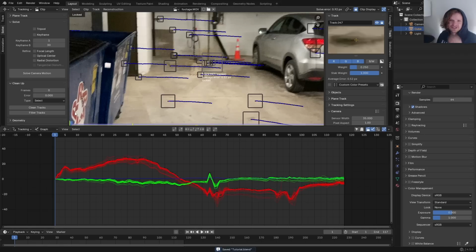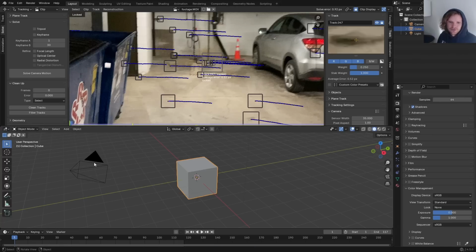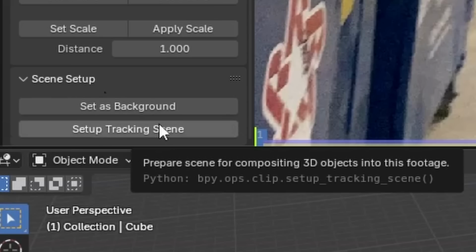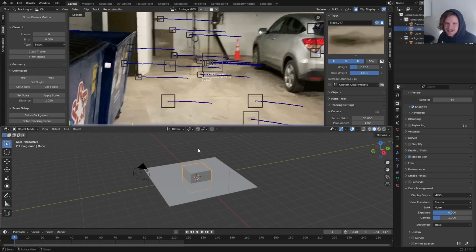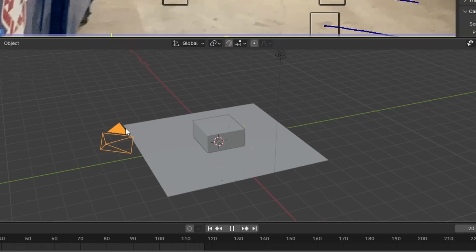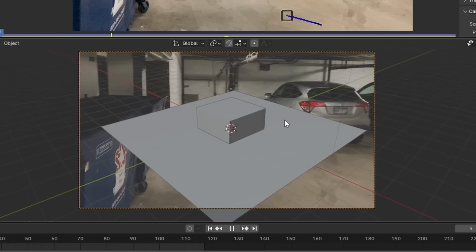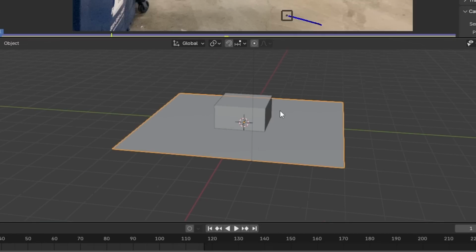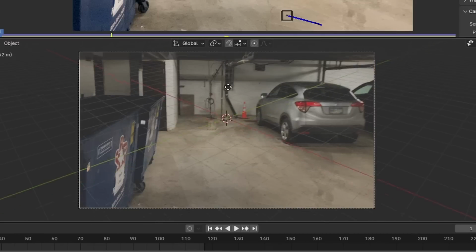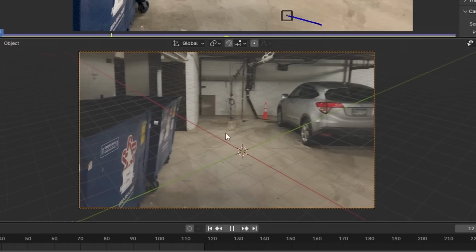So once we have this, how do we take this and put it in our 3D scene? Well, you just take it and you say, set it up. So set up tracking scene, and you can see not much changed, but now this camera is moving. And if I go into the camera, you can see it's tracked. It looks a bit off, and there's a reason for that. The reason that it's off, by the way, is we're assuming the ground plane is right here. Whereas if I move the camera, it could have been up here or down here, and those will give different